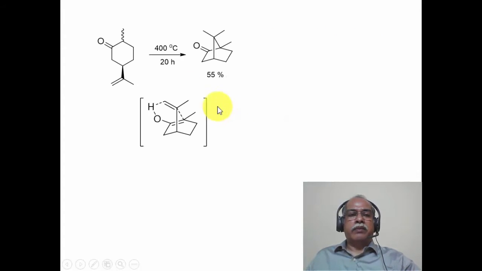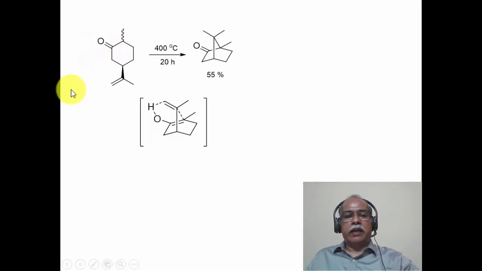Now here is an example of a dienol undergoing an ene reaction under pyrolytic conditions, resulting in the formation of a 2,2,1 bicyclic ketone of this kind. So clearly this is the ene component here. This hydrogen is the allylic hydrogen, that is, this is the enol form of this molecule undergoing the